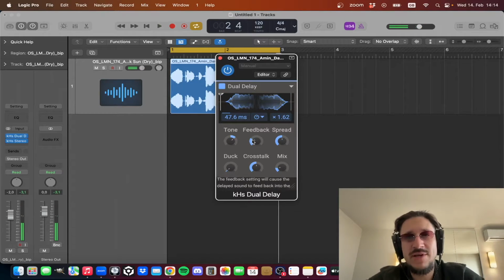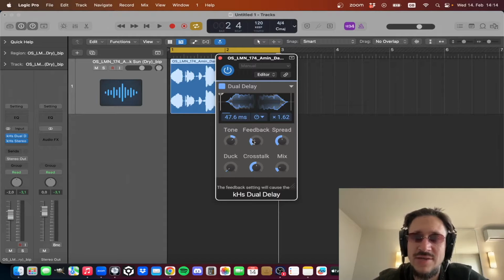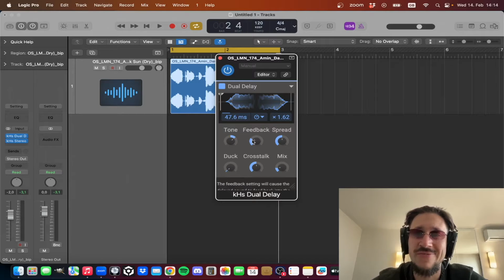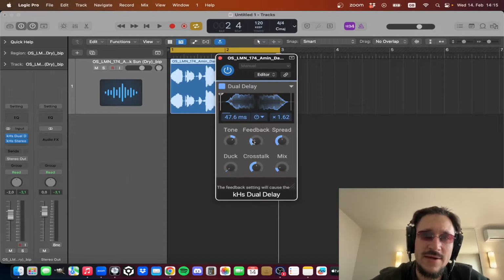Okay, so that's my number one way that I add stereo to a mono sound, because it's using the exact same sound and the exact same quality, and all it's doing is playing with the timing by adding new delayed versions on the left and the right, just very, very slightly after the original one. So that's the absolute best and favourite way to make a sound stereo, because it will retain the best quality,